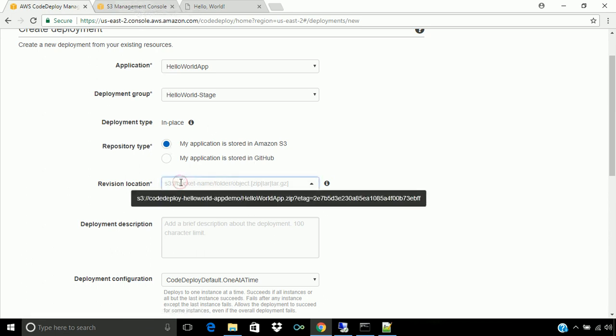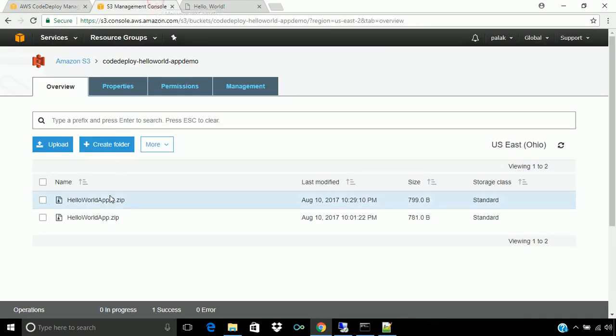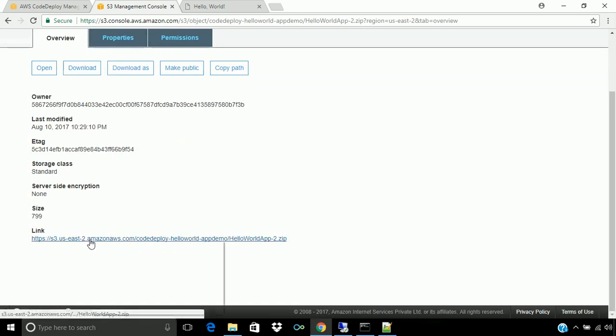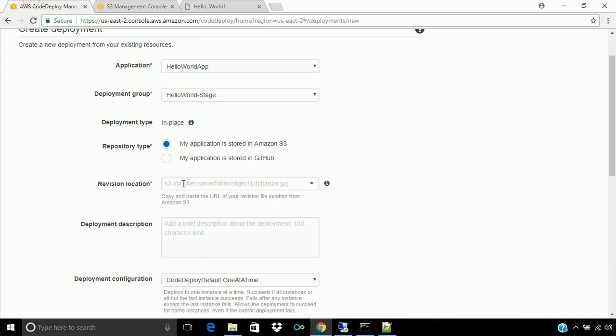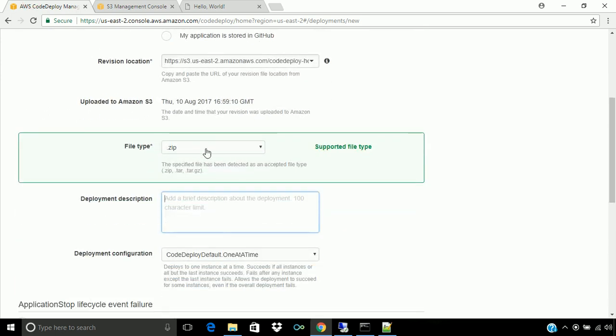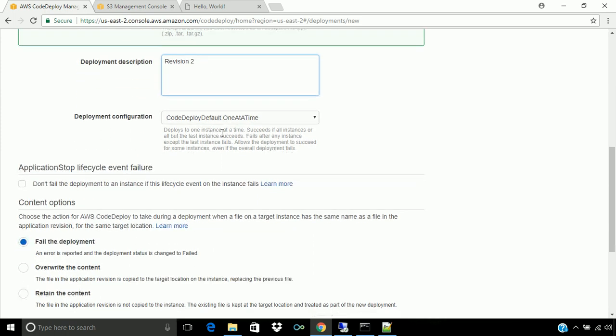Now in this location we have to select the whole path of that file. So let's go here, copy this link and paste it here. It has already identified that the file type is zip. Now if you want to give the deployment description, you can give that it is revision 2. We will set the configuration one at a time.